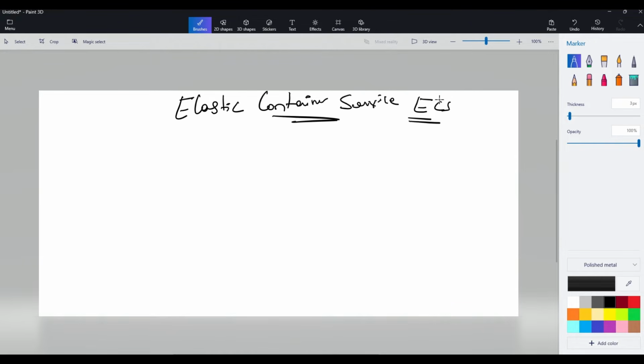Elastic Container Service is a fully managed service for running Docker containers on AWS. It simplifies the deployment process and the management process, and it also makes sure of the scaling of a containerized application. When you're creating the cluster for ECS, there will be auto scaling groups configured automatically, which take care of scalability.